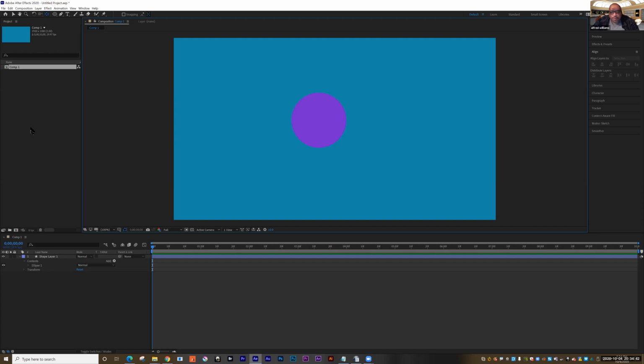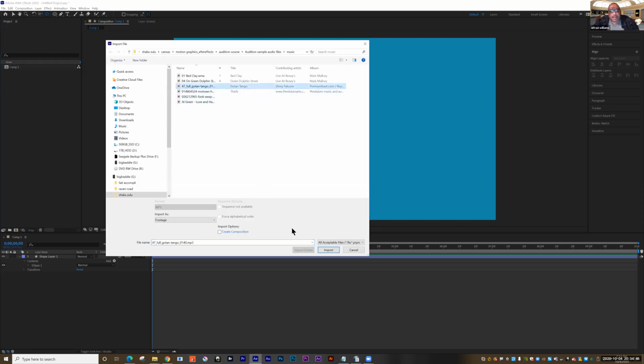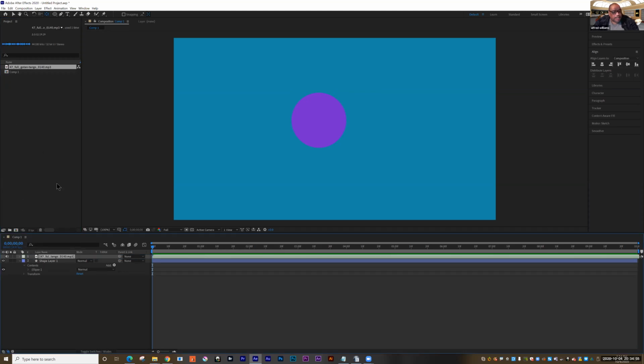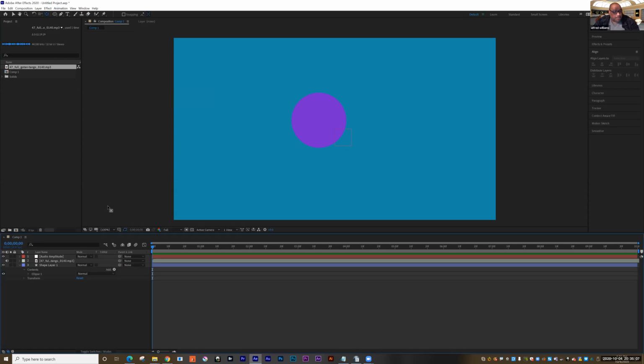Now we're going to open up a piece of music, and I've provided you with a piece of music. You're going to import that piece of music, and we're going to drag it down into our composition. We're going to select that piece of music, go up to Animation, go down to Keyframe Assistant, Convert Audio to Keyframes. And if you look here,